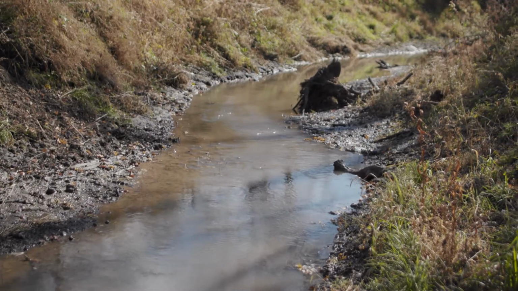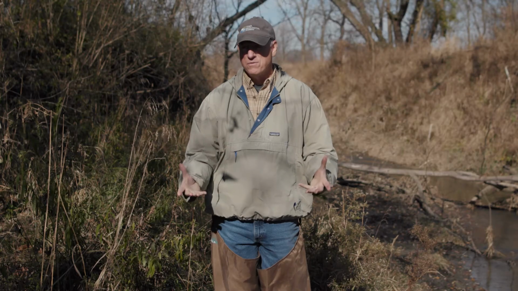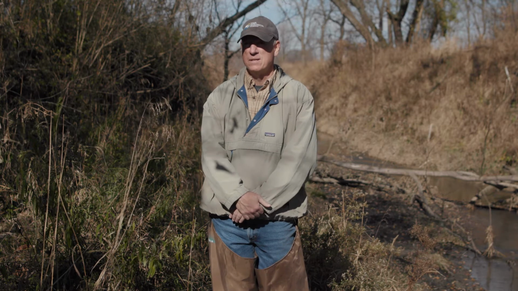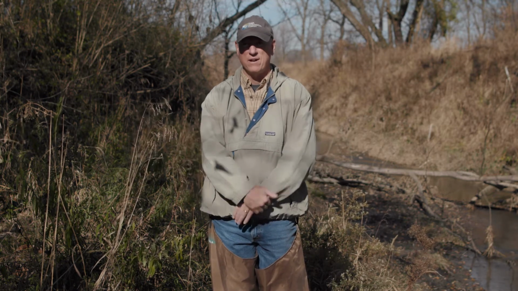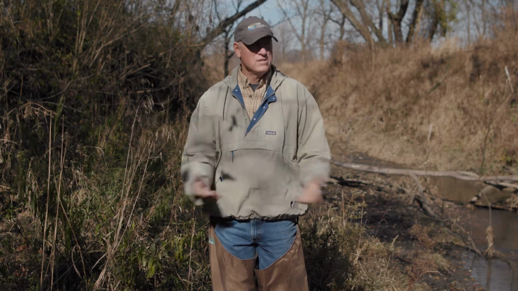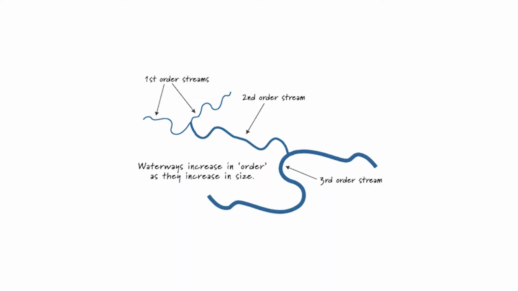So we've moved locations, and now we're seeing the consequences of how we've changed this watershed from prairie to row crop with tile drainage and excess runoff. We're within the channel now of Walnut Creek, which is the third order channel, the stream migrating through the Neil Smith Refuge. Early settler accounts